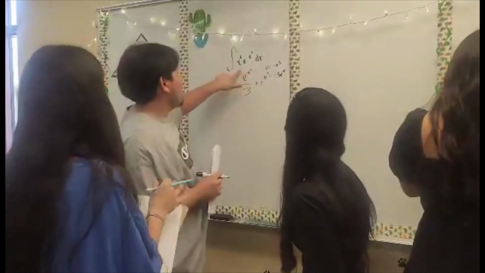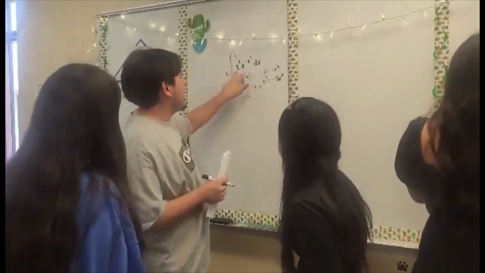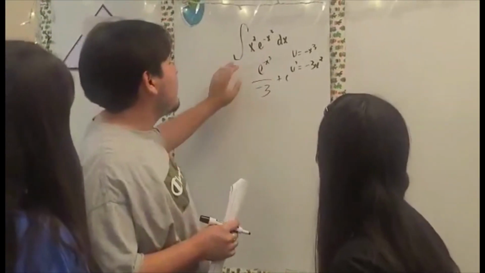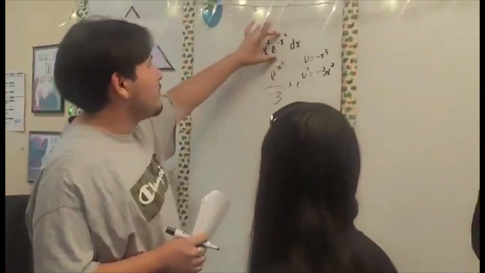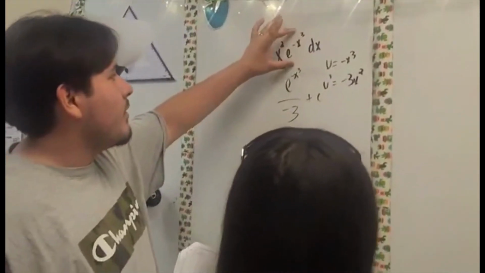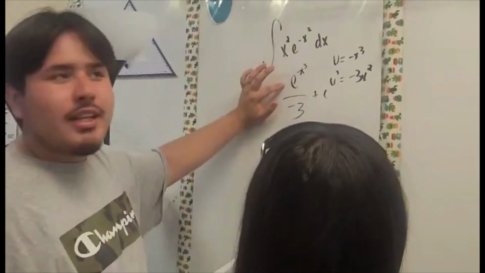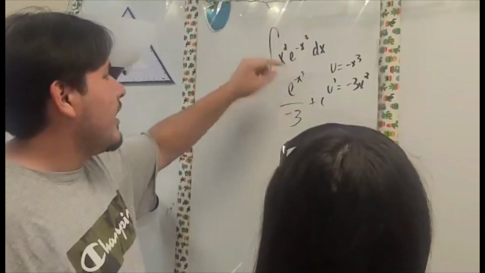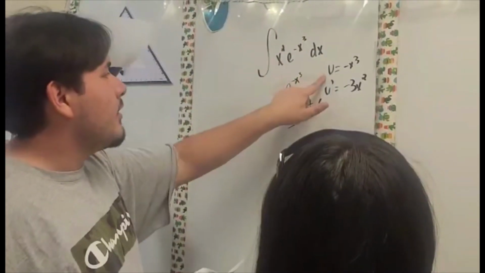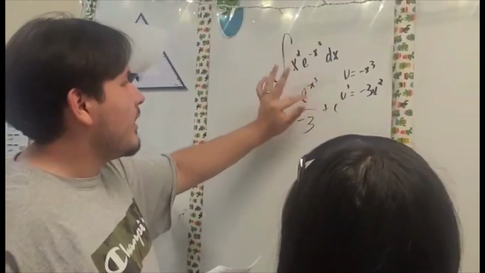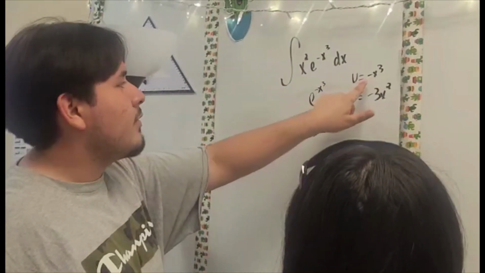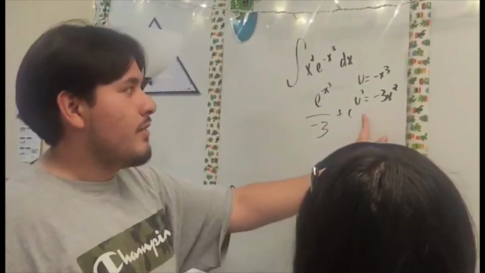So it's going to be, again, the integral of e to the negative x cubed. We first find the answer of this, which is the same because the exponent never changes. So it's e to the negative x cubed. And we find the u, so u is going to be whatever is in that exponent. So it's u equals negative x cubed. We find the derivative, which equals